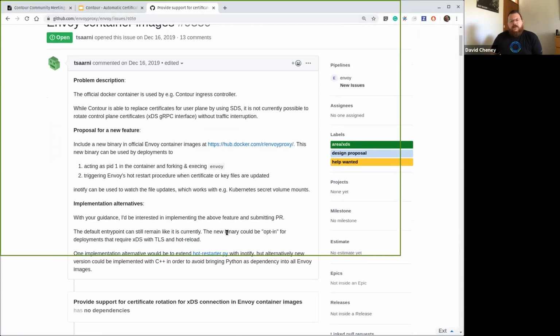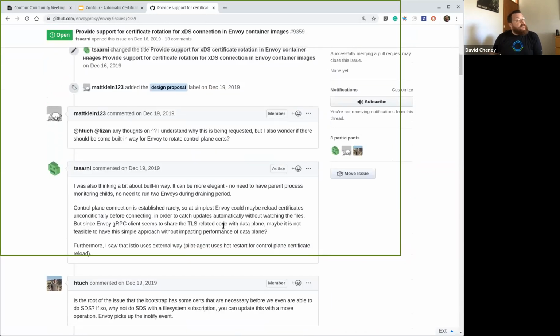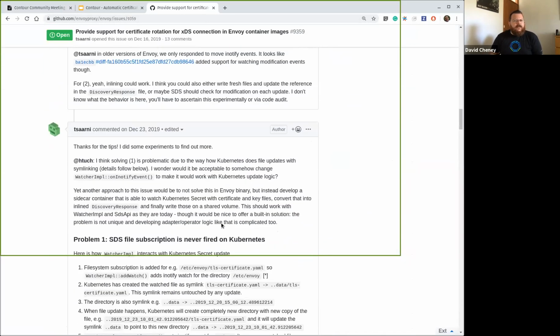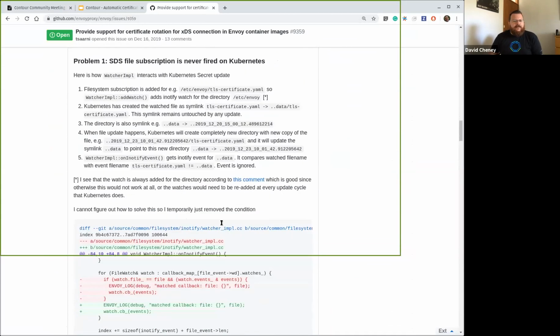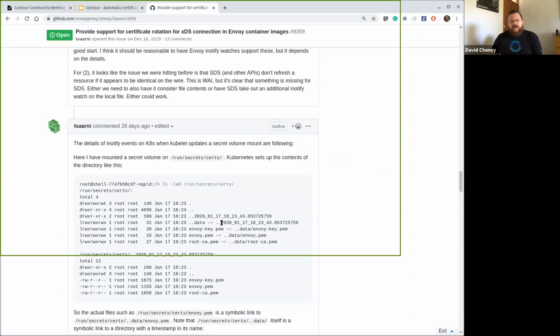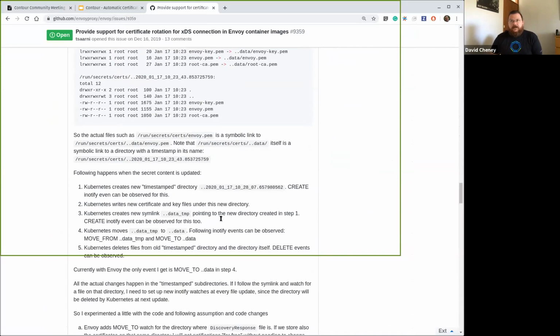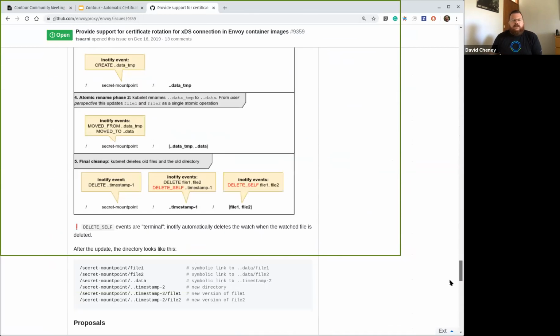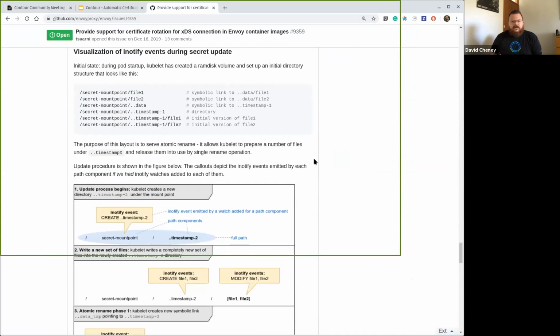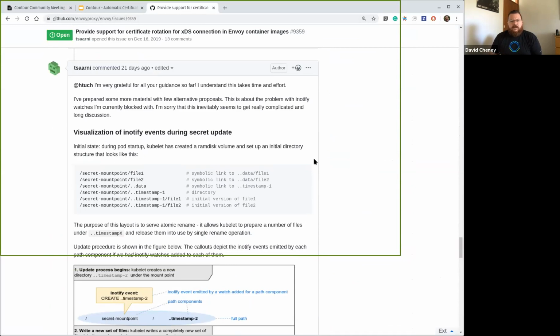This seems like a larger problem than just our requirement. If Envoy has trouble with the way that Kubernetes writes out files to temporary volumes, it would impact a lot of people using Envoy, like in all of their config reload type things. So I suspect this will probably be fixed, but yeah, no answers at the moment.